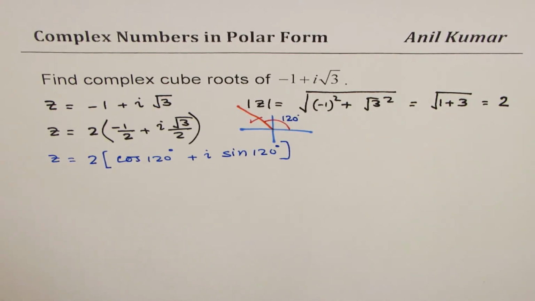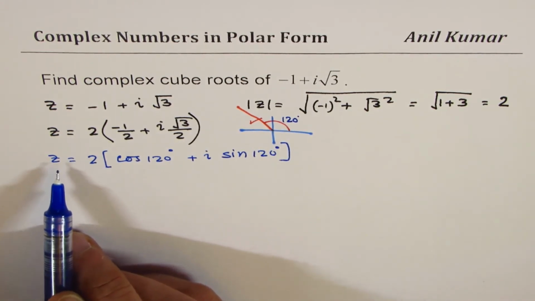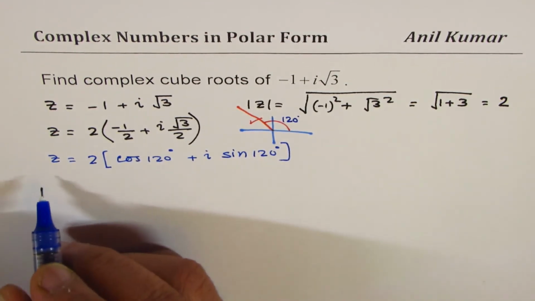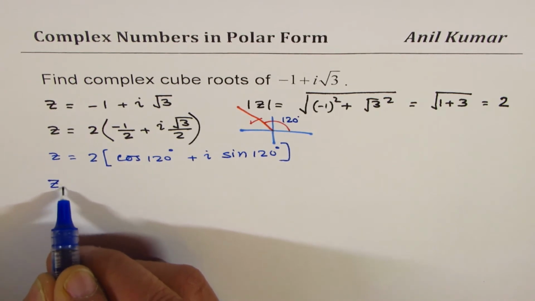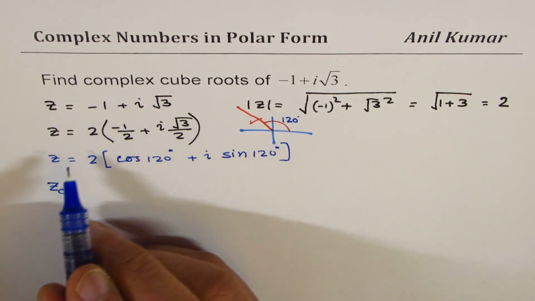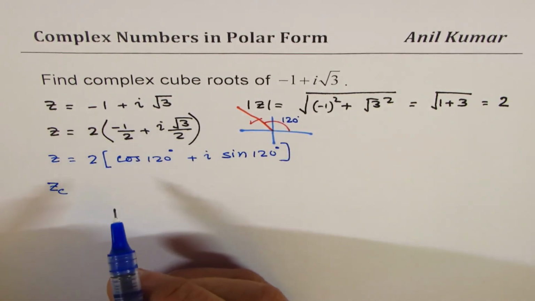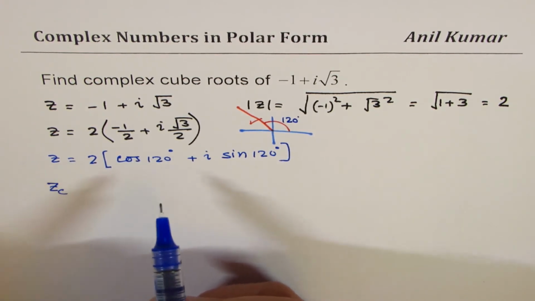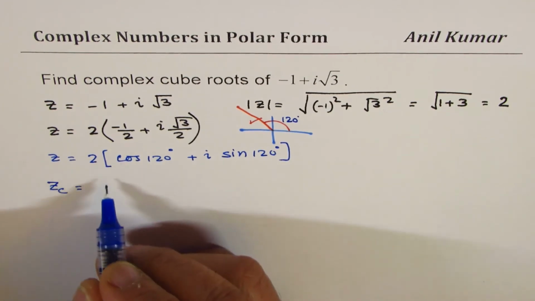You need to write your complex number in the polar form, correct? So that is what it is. Now what are we interested in finding? We actually want to find the cube root, right? So let us say that z_c is the cube root of this number. Then using De Moivre's theorem, we can say that the cube root is equal to